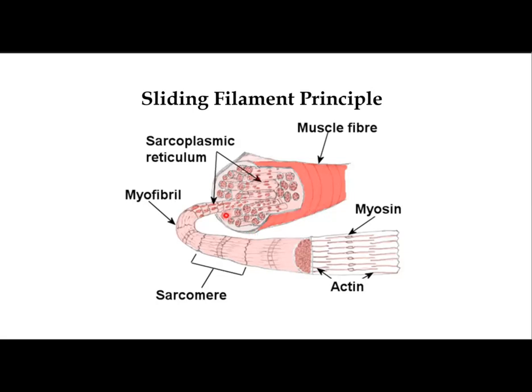So it's one big sausage and there's a small sausage here, okay? So this one is the myofibril, and then you do have something called sarcoplasmic reticulum. That's these little dots here. And the main function of this thing here is it stores calcium. Remember, we talked about calcium yesterday. It's very important. Okay, so calcium is stored in the sarcoplasmic reticulum, in the walls there, deep inside the muscle